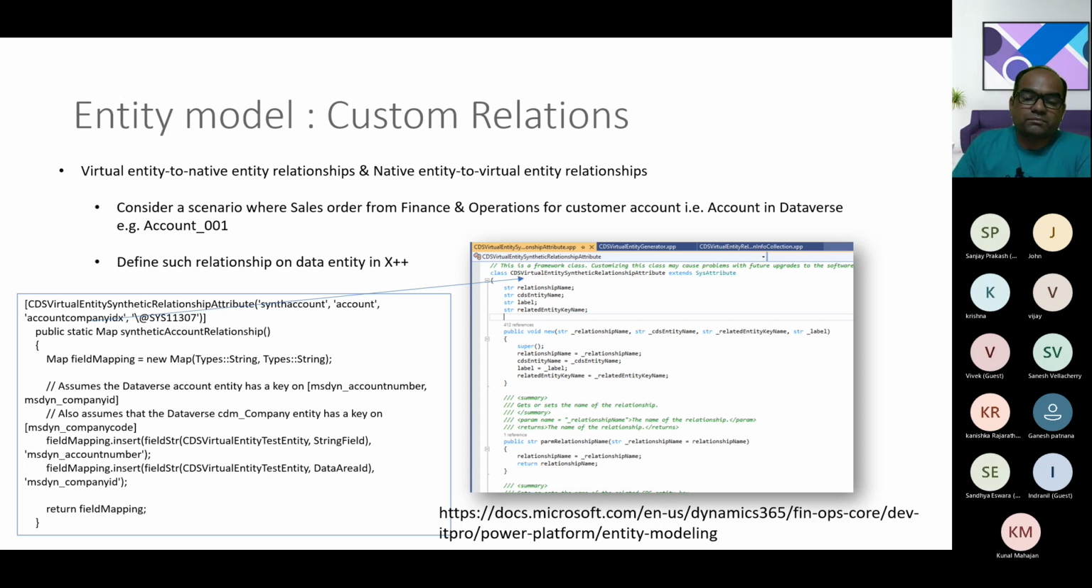So there is an option provided by the product which allows you to define your own relationship, but that can be defined by using X++ code in the data entity. So I'll try to add a snippet. I'll just quickly change the screen and share how you can define that in X++ code. There is a framework class given, and that framework class allows you to define